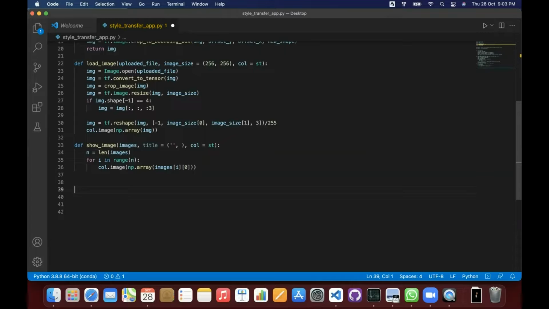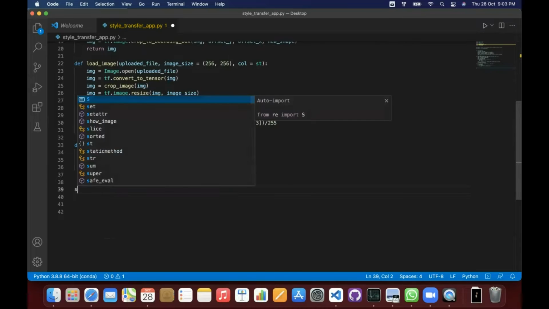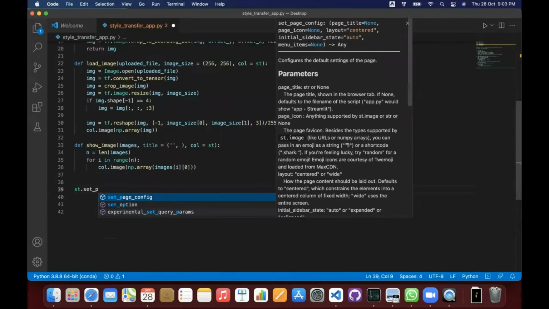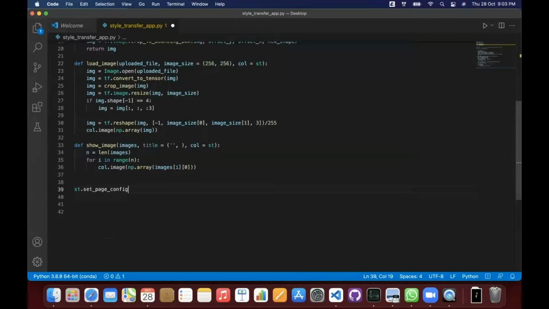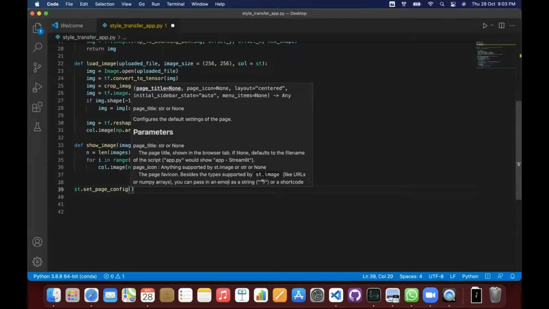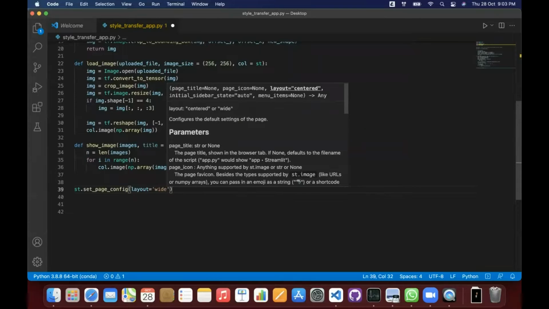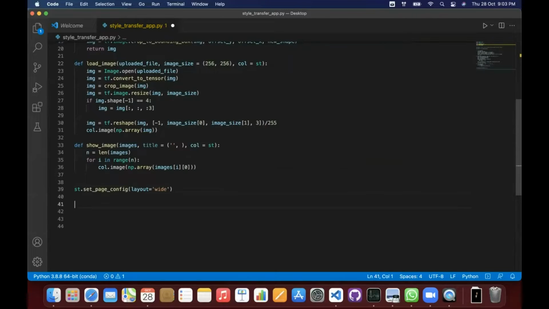Now we'll need to set our layout, so let's quickly set it. I'll write st.set_page_config first, and then define layout equal to, let's say, wide. I'll go for wide because I might be opening this whole thing on a big screen.